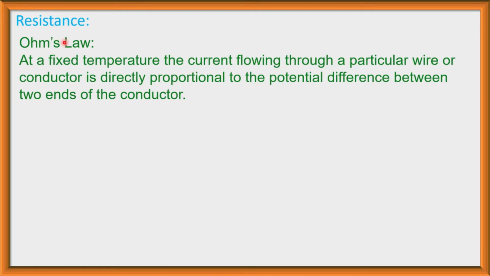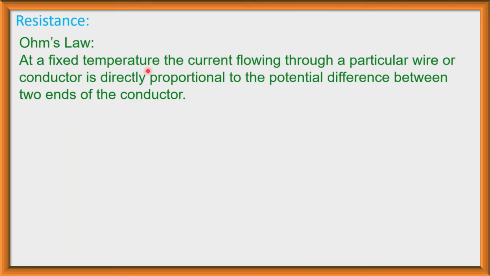That means from Ohm's law, we get the relation between current flow and potential difference. That is, Ohm's law describes the relation between electric current flow I and potential difference V. And this relation is at a fixed temperature. At a fixed temperature, the resistance of a conductor is fixed. If the temperature is changed, resistance of the conductor will be changed.